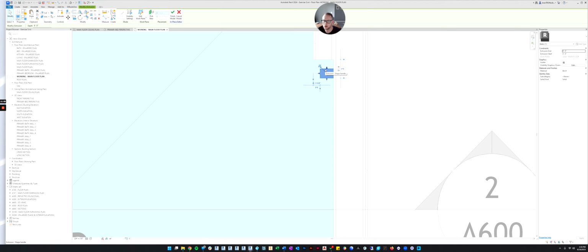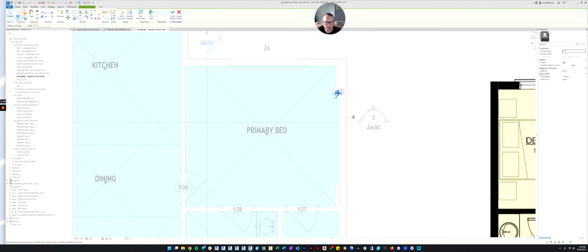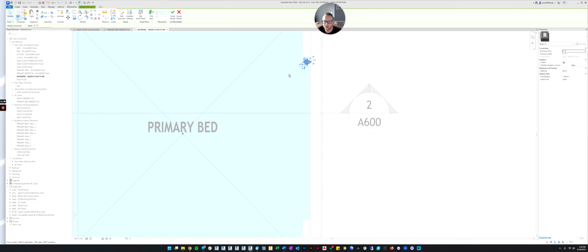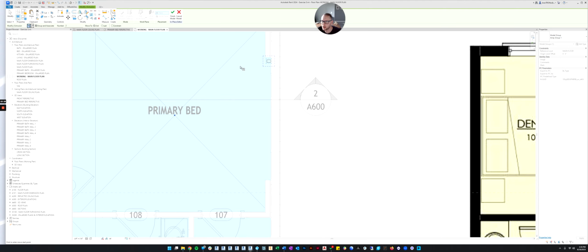We're going to do something called an array, because we want a bunch of these and we don't want to have to sit there and copy them a lot. So I'm going to click my extrusion. And if I go over here to the modify menu, there's something that looks like 3 squares or 4 squares and 3 of them are filled in. Click that button. And now you can pick your item.